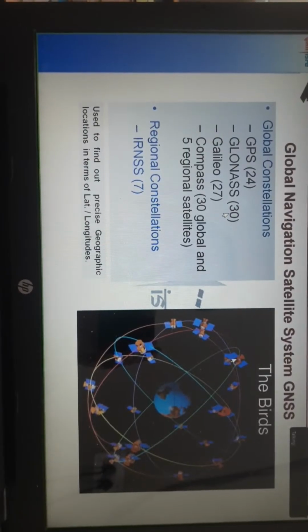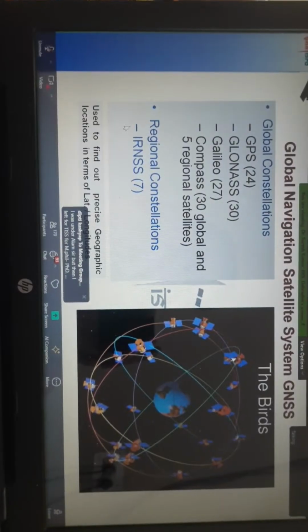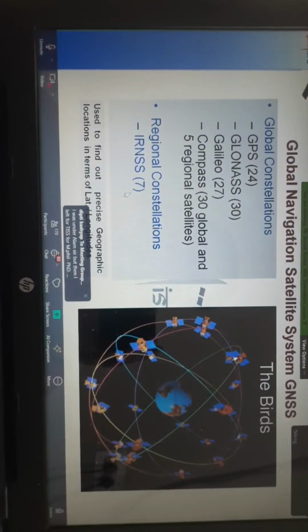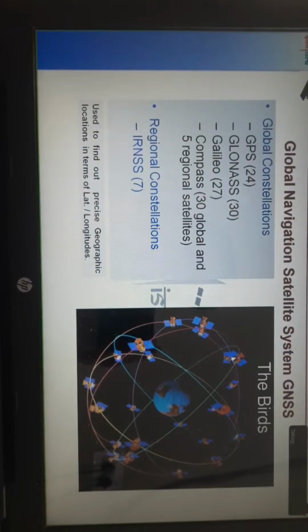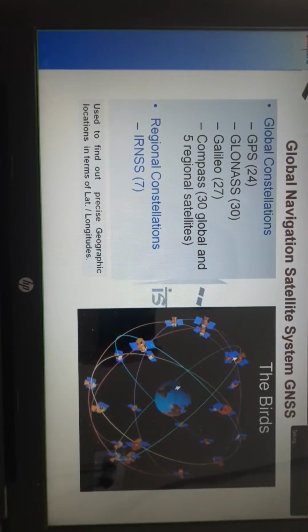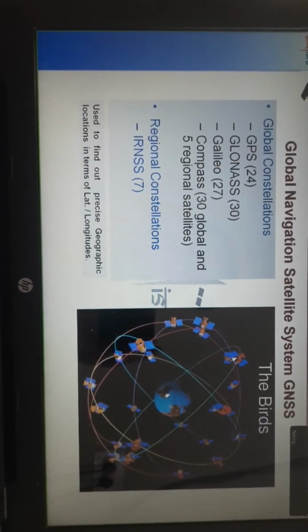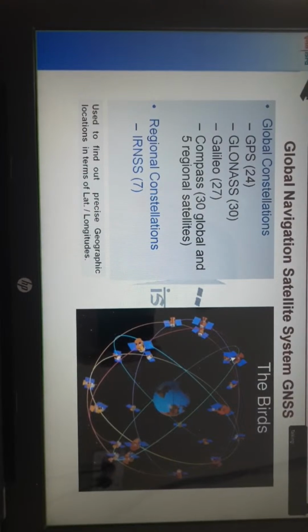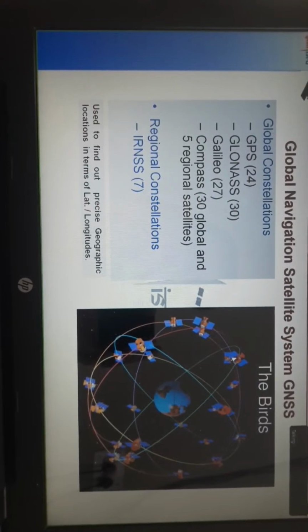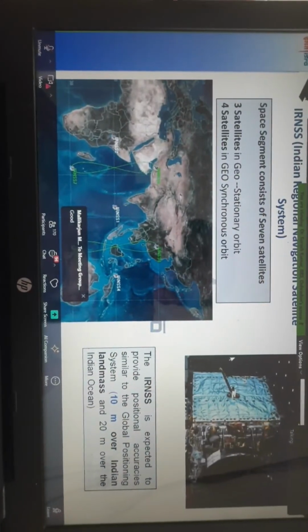And Galileo; Compass is from China, and India has also launched its own constellation, known as the Indian Regional Navigational Satellite System. So every developed country is observing the Earth and finding accurate GPS position. Why is India also maintaining its own navigational satellite system? Because it was very much